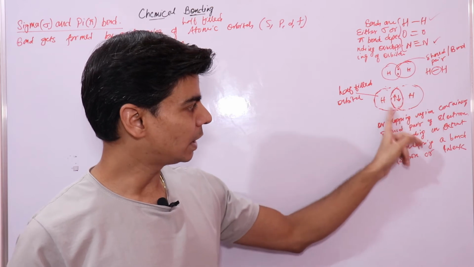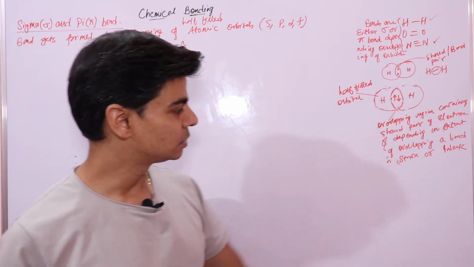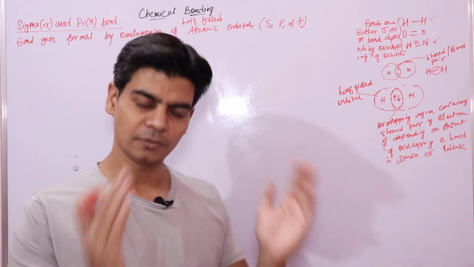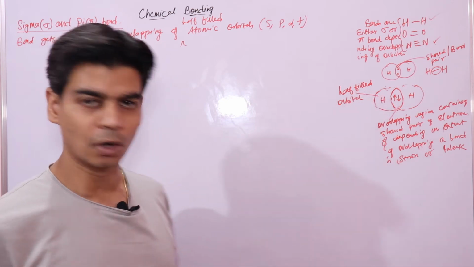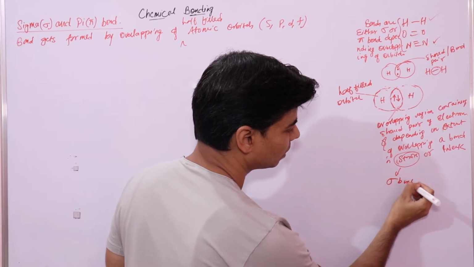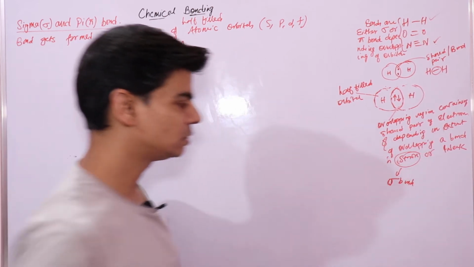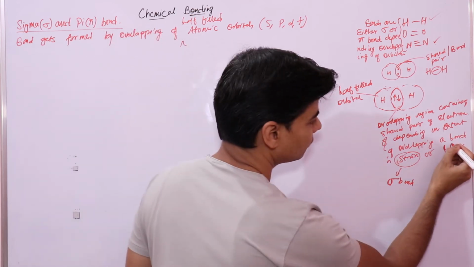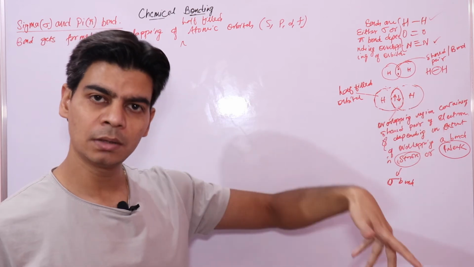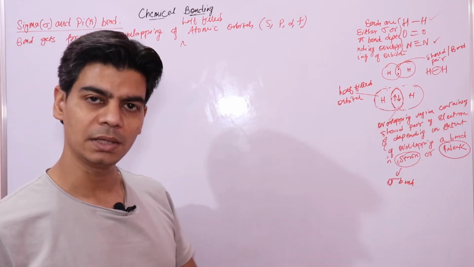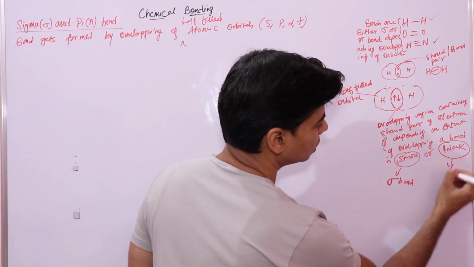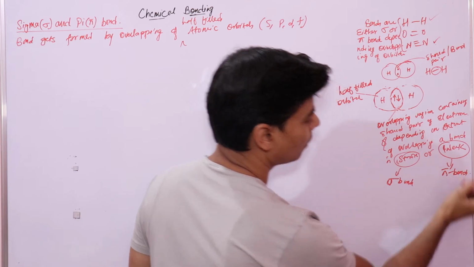So the better the overlapping region, the better or stronger is the bond. And if the overlapping region is good, then a strong bond is formed. The strong bond we call a sigma bond. This is the sign using which we denote sigma, right? And if overlapping is poor, then the bond is a weaker bond, and the weaker bond we call a pi bond.